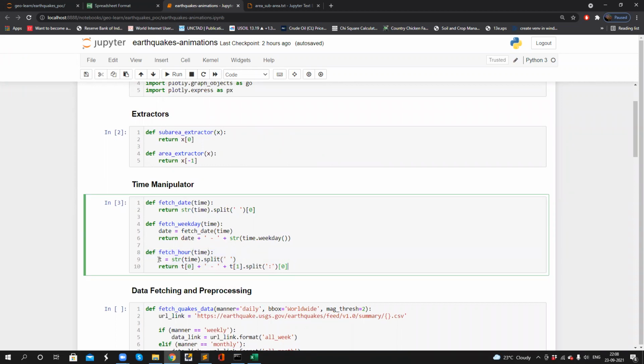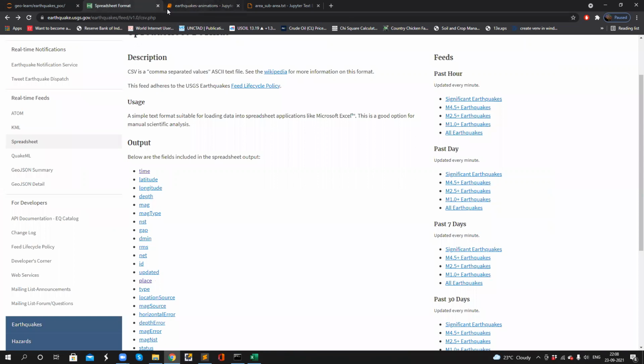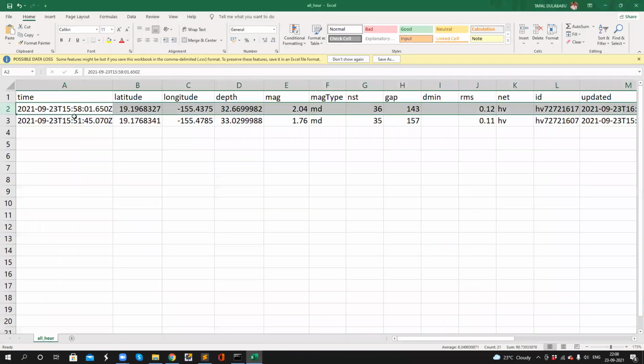So here I'm splitting the time based on space, and you can find the colon. Let me show you the data. In place of t, we get a space, and I'm taking the first value and splitting based on the colon. The first part is actually the hour, the 15th hour.